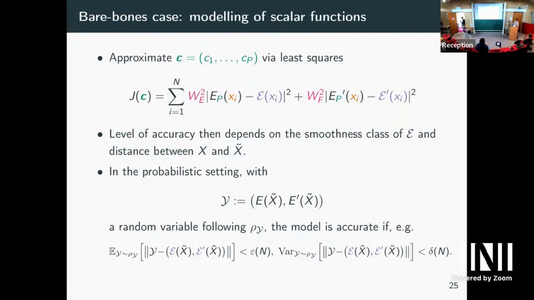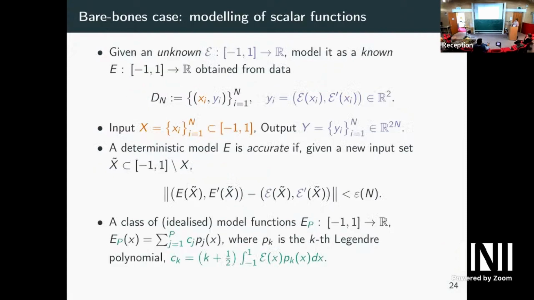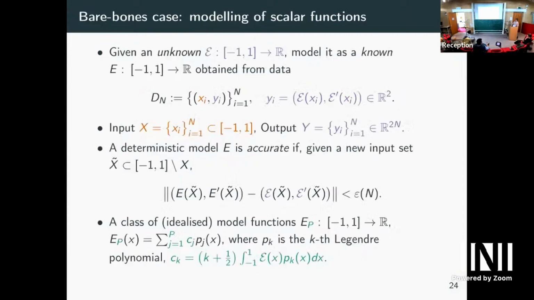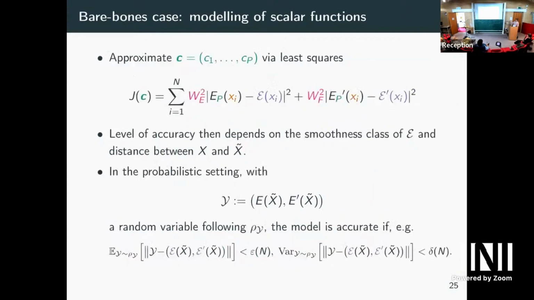I can write it all exactly in the same way as the high dimensional problem. Again, we can do it in a deterministic way. We have a least squares problem, and that basically gives us an estimate of these idealized CKs, and then this abstract level of accuracy is now an interplay between the smoothness of E and perhaps the distance of the new sets from the old set, meaning that